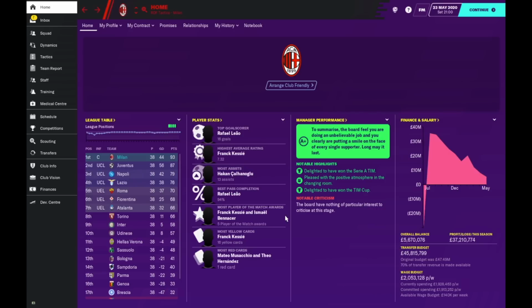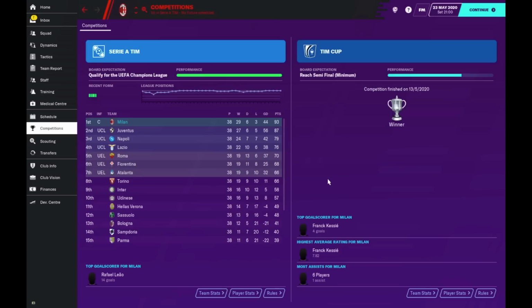So he was actually my regista. He was the Pirlo of the team. Most yellow cards, no surprise, was Frank Kessie with 16. And the most red cards was Musacchio and Theo Hernandez. As you can see here, we also won the Italian Cup. So it was the Italian double in the first season using this formation, with Frank Kessie being the main player